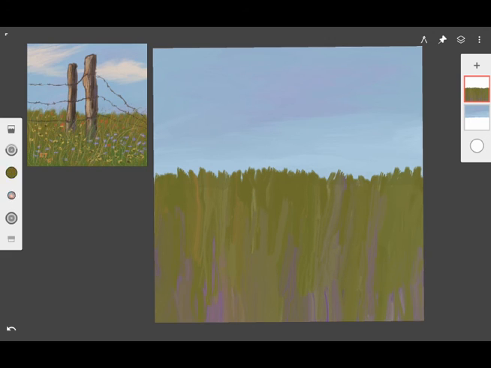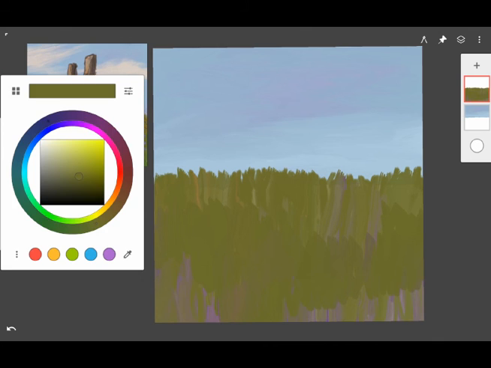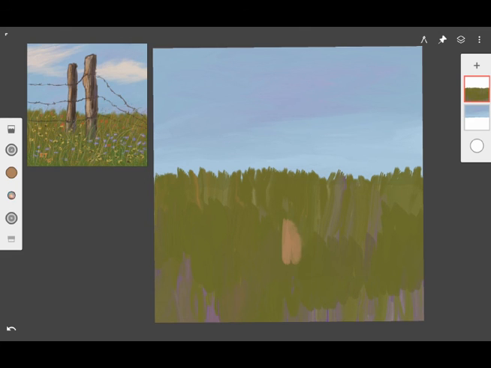Now this is still the underpainting, so it's not going to be your total final detailed look, but you kind of just want indications and strokes of grass blades in here. So I've added a little bit of dark, and you want pockets of dark and light in this to make it look more natural. So I've added some pockets of dark in here, and I'm going to throw in some more colors